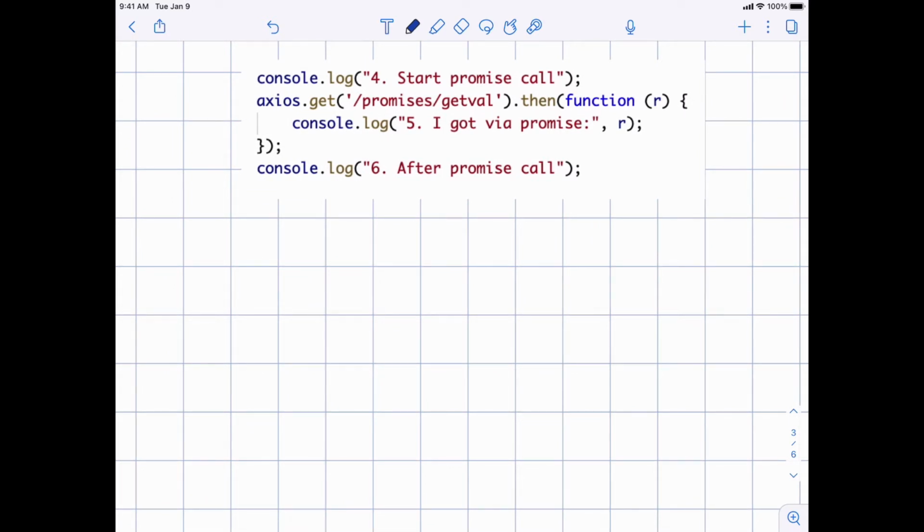You see, the act of starting the request is this, and instead of specifying a callback function as an argument to the Axios get, we specify it via this .then construct. The .then will take as argument the function to be used when the activity terminates. So the idea is very similar here. Again, the main thread will have a flow of computation. Then you do the Axios get, which will be started, and after this there will be 6, and you stop